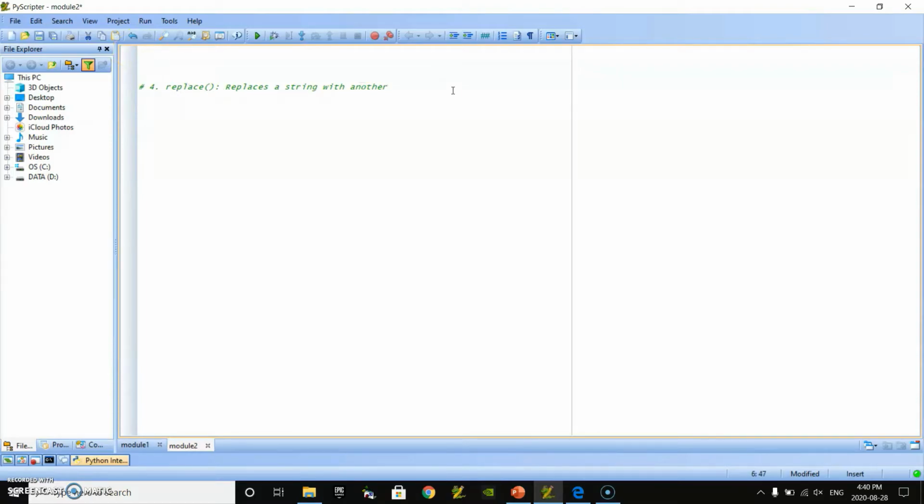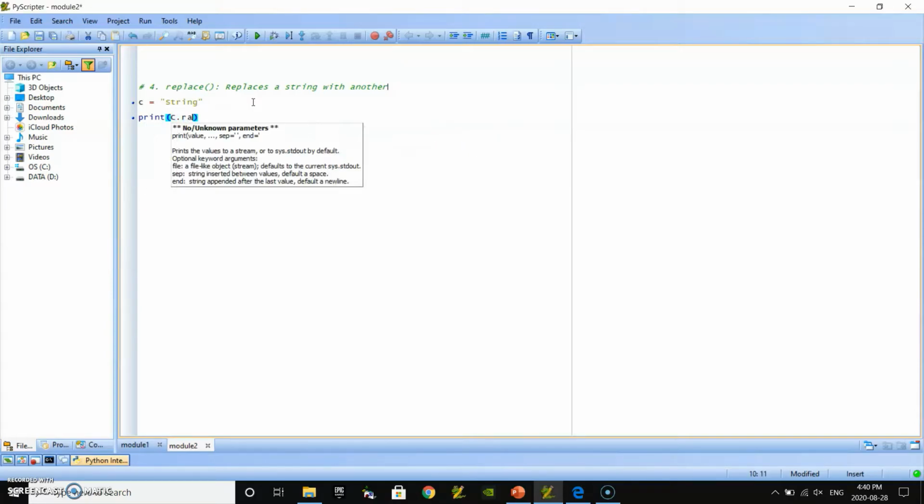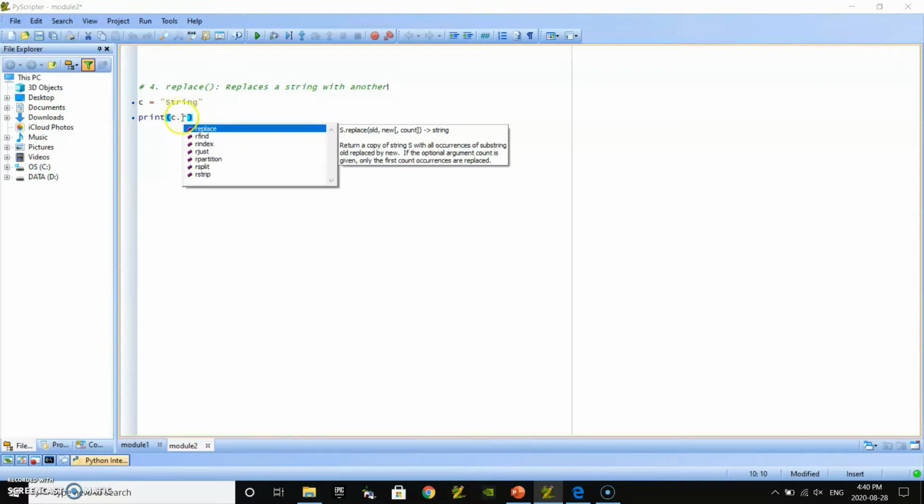Now let's move on to the fourth formatting method, replace. What replace does is that it replaces a part of a string with another, or it can be the whole string entirely, but it just replaces a string with another string. So we have the variable c equal to string. Now I want to replace something. So let's do print c dot replace. Oh, that's lowercase. Oh, I added a bracket. Oops, sorry for that. c dot replace